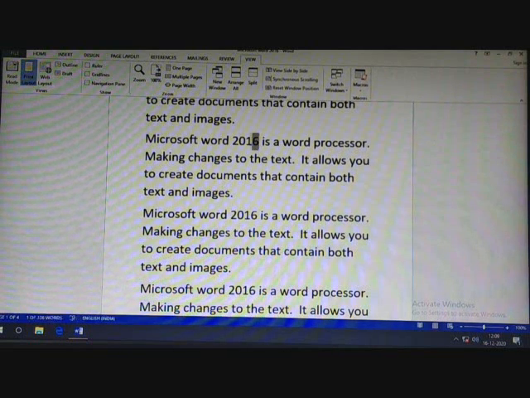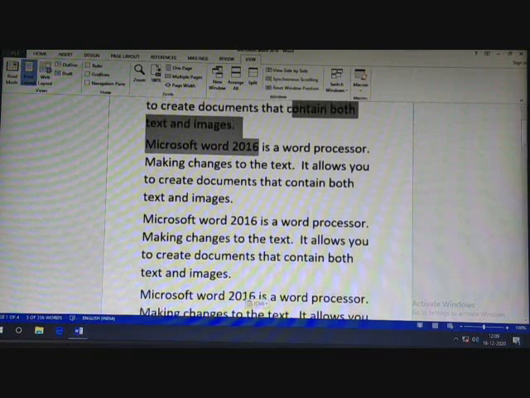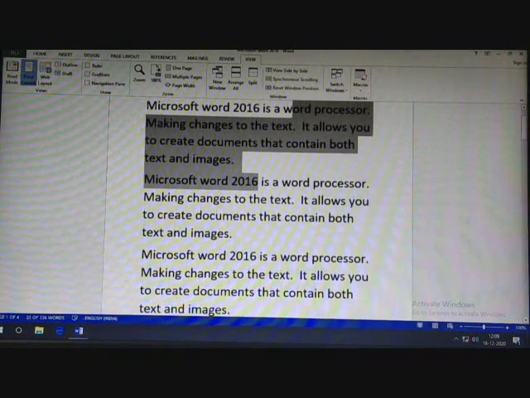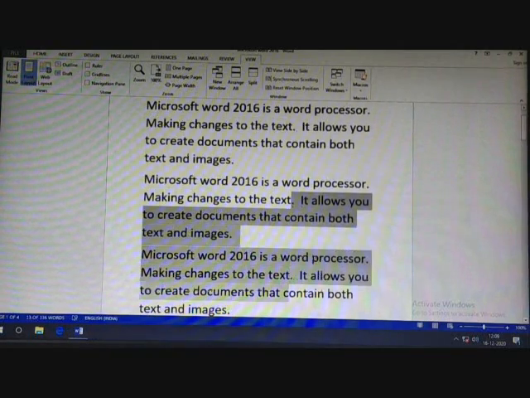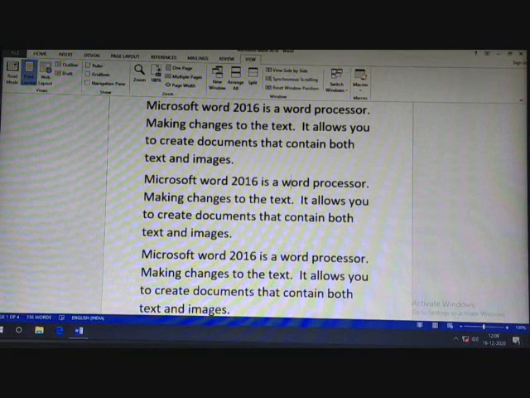If you want left, press the left arrow key. If you want right, press the right arrow key. If you want up, press the up arrow key. If you want down, press the down arrow key. So this is the combination of up, down, left and right arrow keys: for the left character, for the right character, for the up line, for the down line. Then the next one is till the end of the current line.